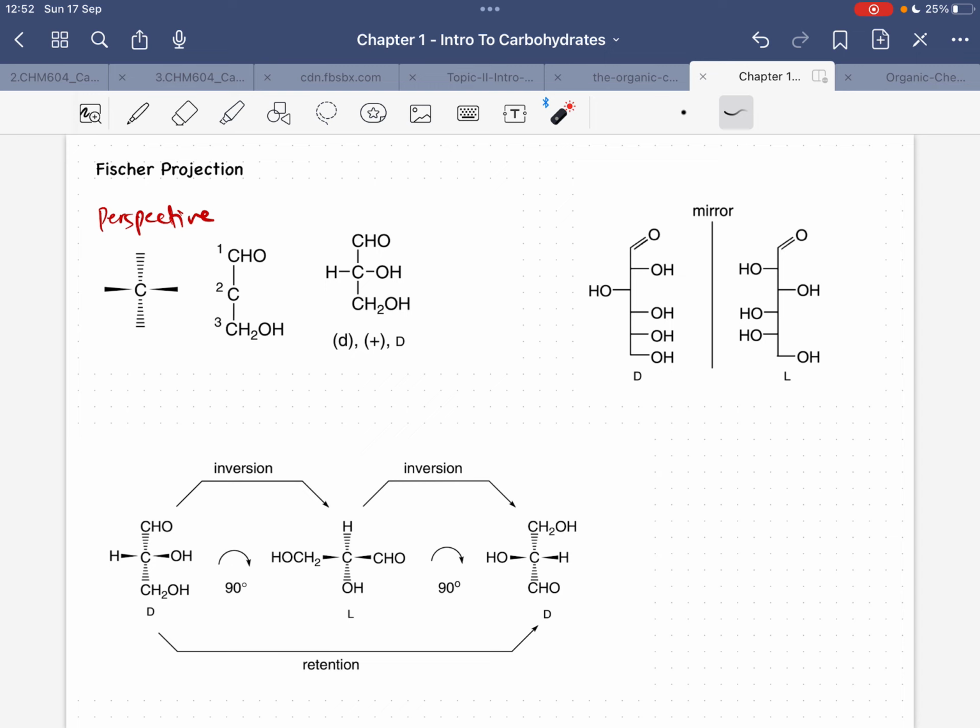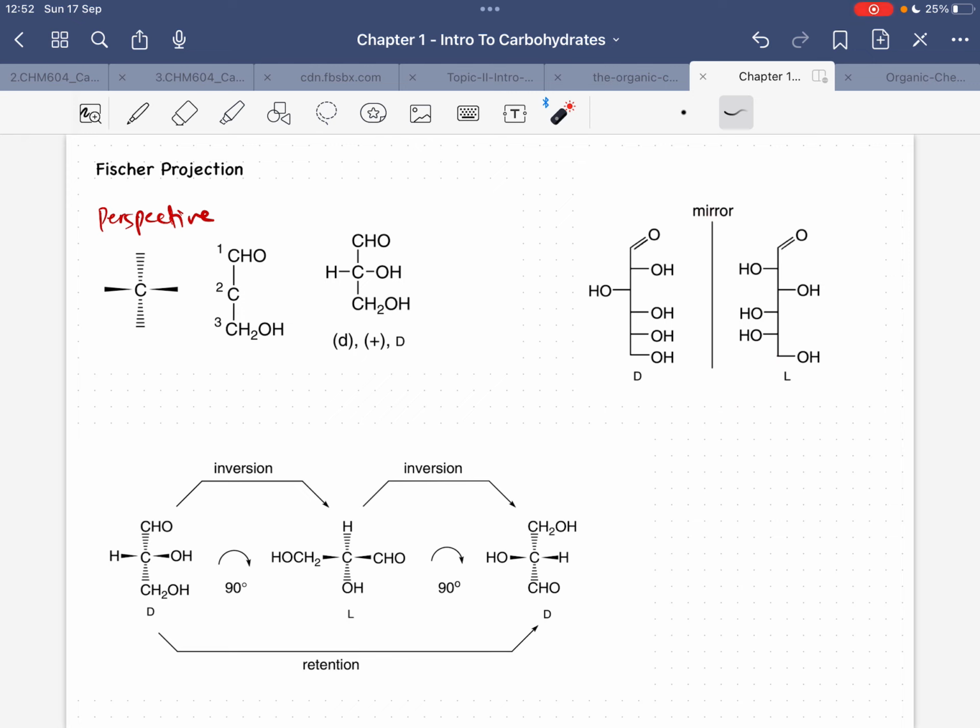before na ko na siya i-discuss, no. By the way, ang mga Fisher projections, it also shows you ang isa pod ka importance niya kay it shows you the mirror image, no. Madali ra nimo identify kung mirror image ba ang sugar relative to another sugar. Just like for example, this one. This is a mirror image of this one.